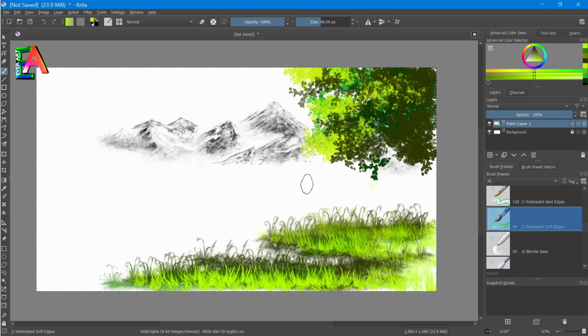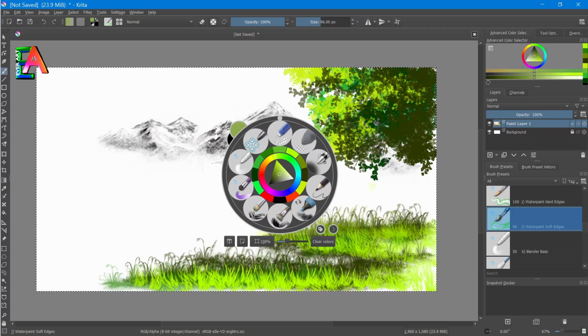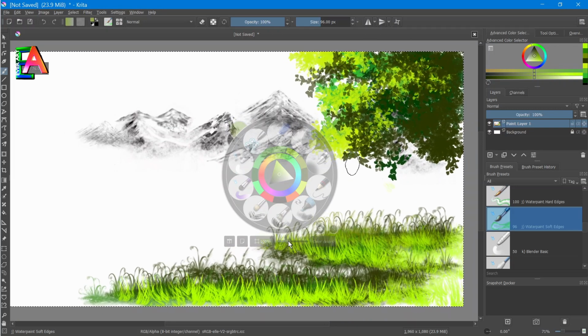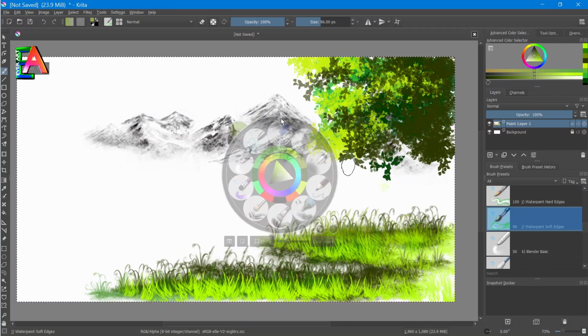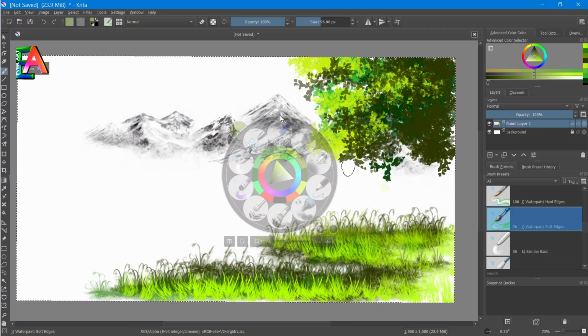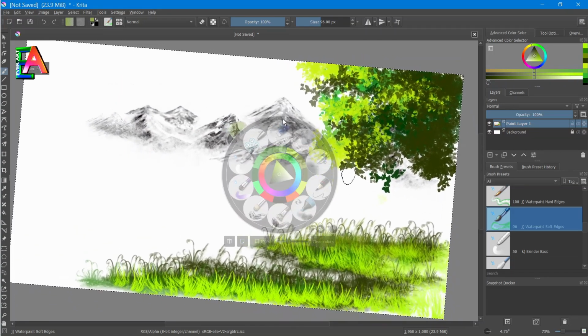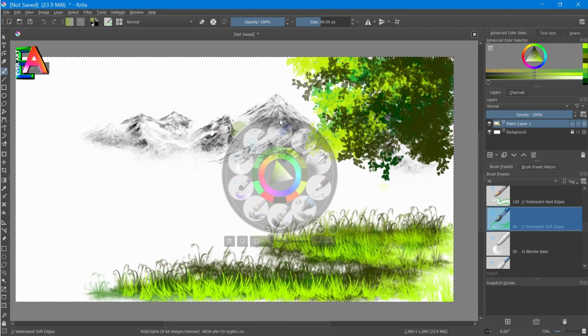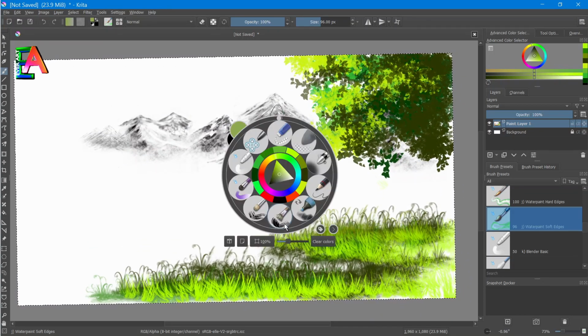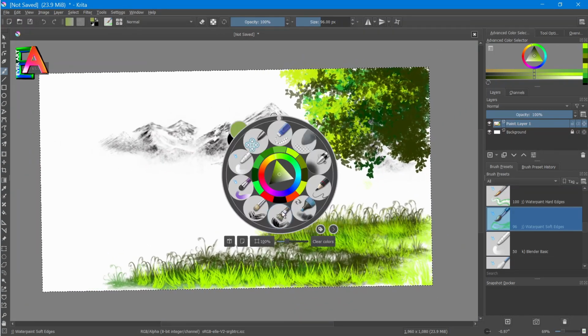But since I have a pen tab, I set the function here. If you right click your mouse, then this will pop up, and you can easily adjust all the colors and brushes from here. You can also set the number of brushes here, and from here you can change the rotational angle. You can see here has a dot. By controlling this dot, you can change the angle of rotation of it, and you can zoom in and zoom out from here, and you can also choose a color from here also.